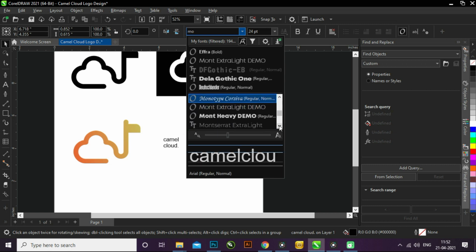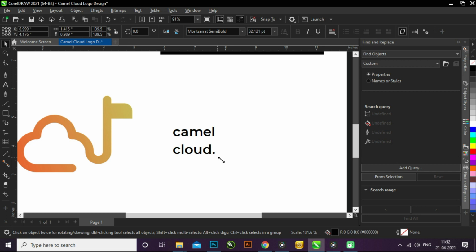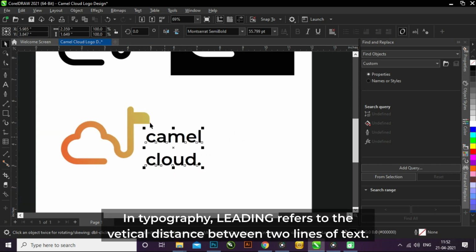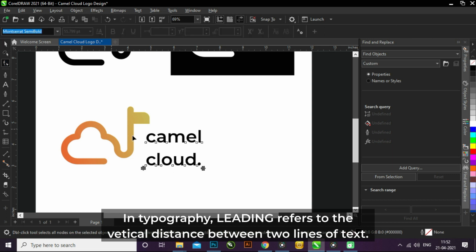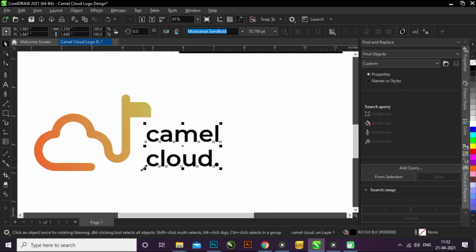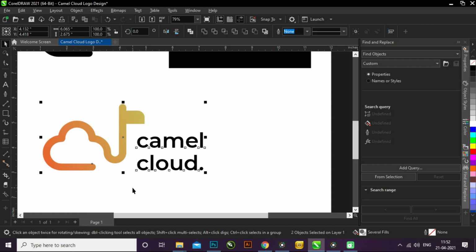It is a pretty neat and clean typeface. Let's drag it and make it a little bigger. I think I will reduce the leading between the two words. Select the text, click on the shape tool and drag to adjust the leading. I will just make a couple of minor adjustments.